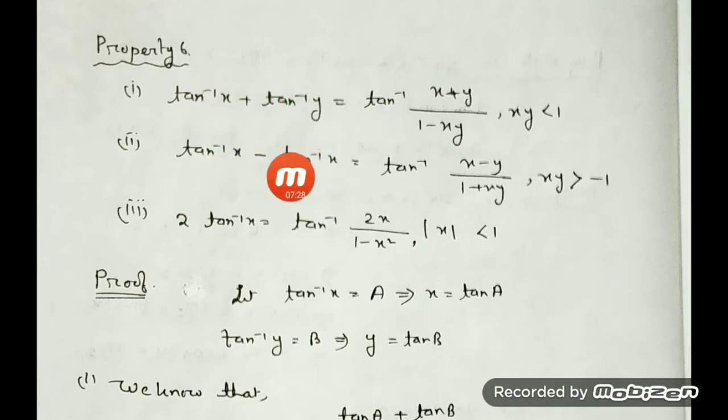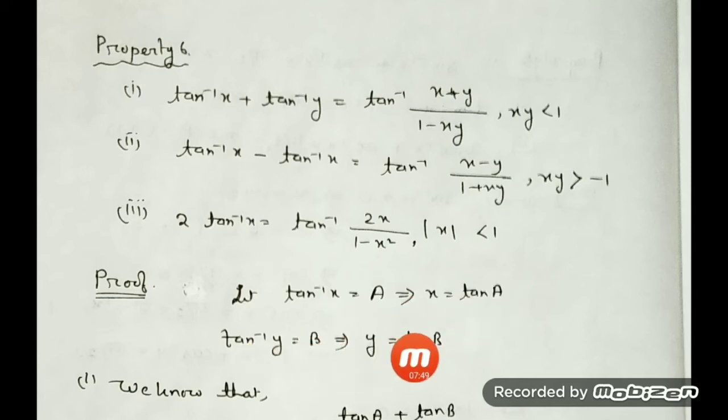Now, for the second one, same substitution you can use. This as a and this as b. Remember, I had told you, just make a correction, this is y. And here, as I told you earlier, x and y are different. One cannot be obtained from the other. So, you have to take 2 different variables for that. So, I am taking as earlier a and b. It converts x equal to tan a, y equal to tan b.